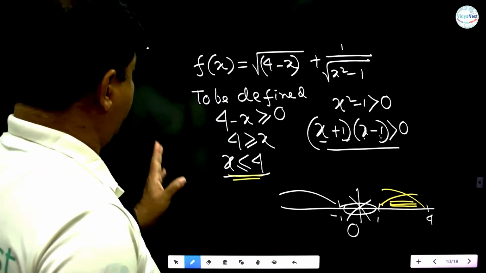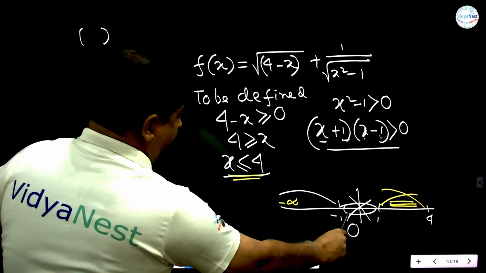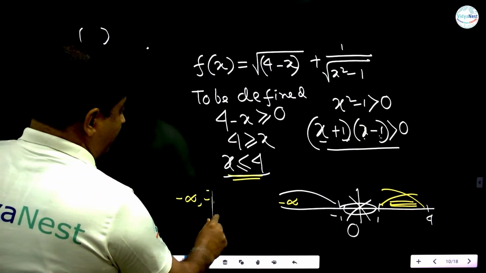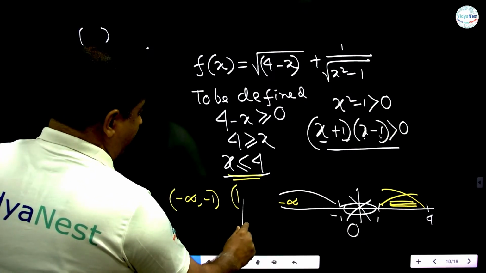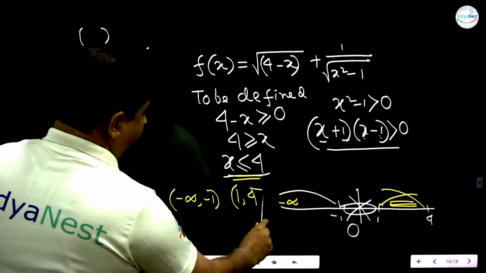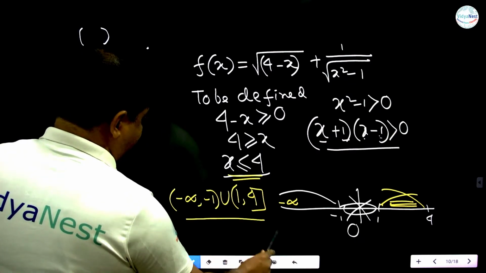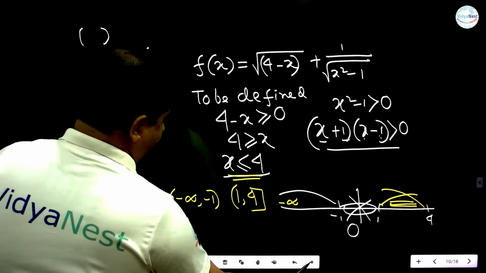तो यहाँ पे -∞ to -1, -1 इंक्लूडेड नहीं होगा और 1 वो भी इंक्लूडेड नहीं होगा और 4 इंक्लूडेड होगा। देखो ये जो आंसर है किसी के साथ आएगा कि नहीं आएगा। देखो